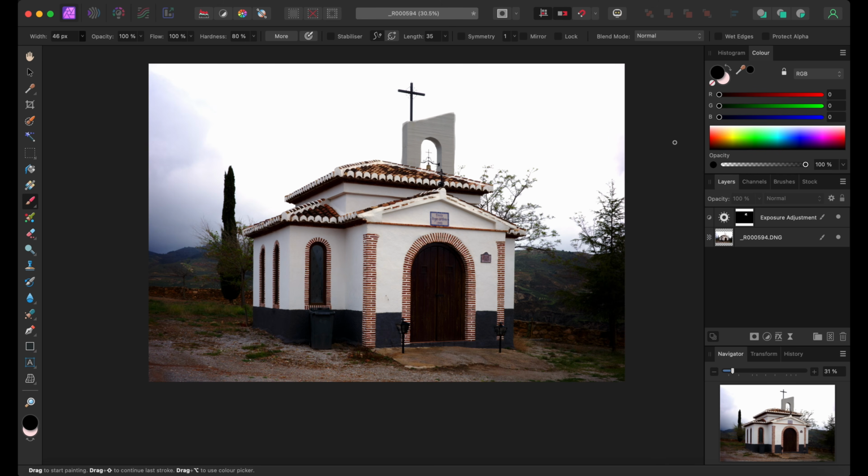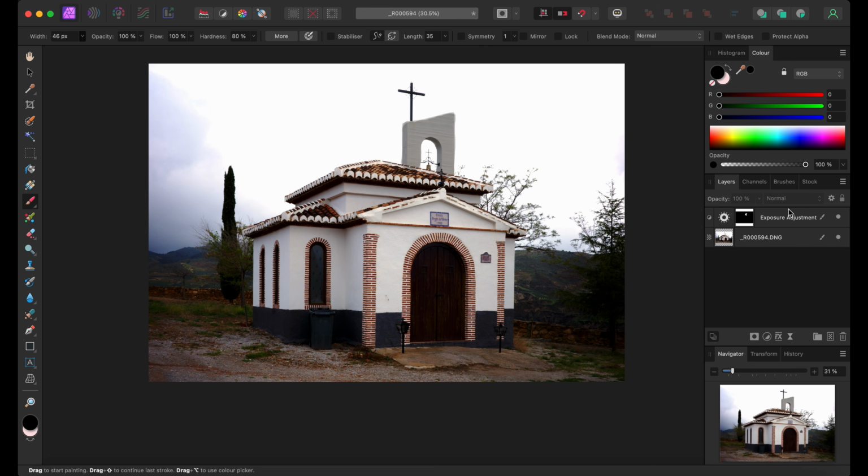Okay, so we've put an exposure adjustment in and we've made a mask, and what's happening is with the exposure adjustment, it's affecting just that area there. What we might want to do is apply a whole series of adjustments on the same picture. So this way of doing it is very effective, because what we're doing is we're limiting the adjustment mask to one small piece of the picture, and of course we're dropping straight through to pick up